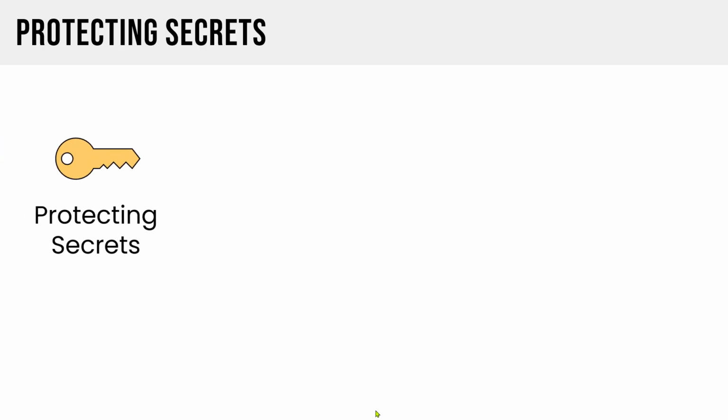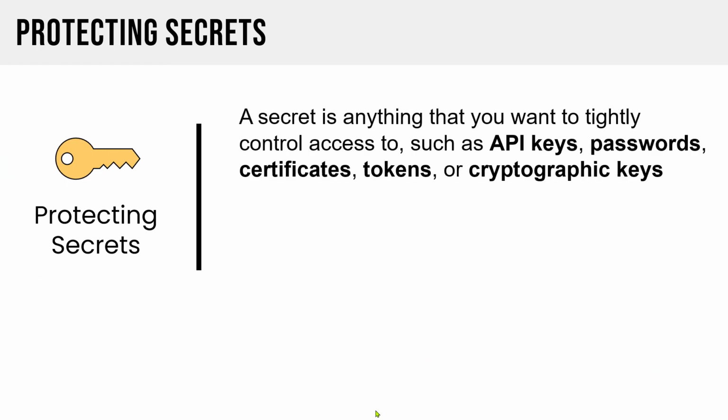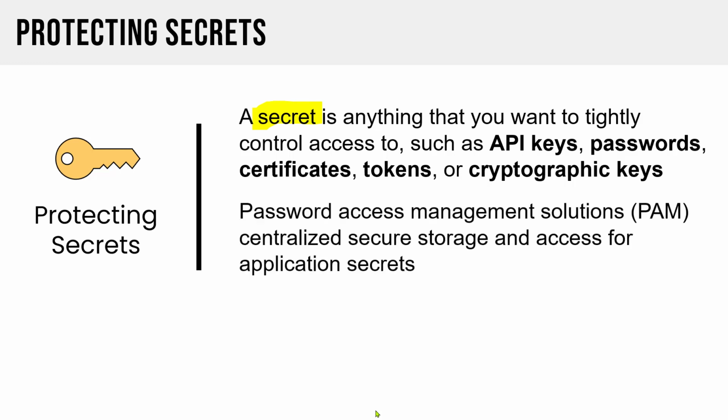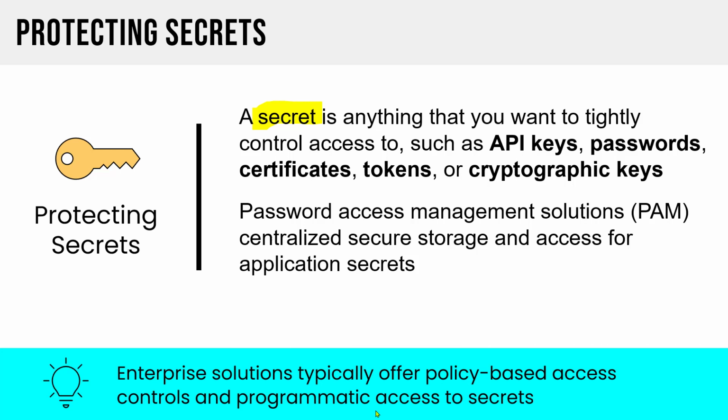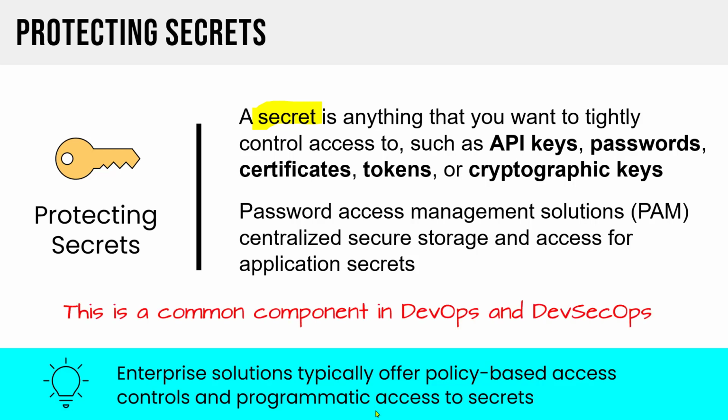It's pretty common that you'll be faced with protecting secrets as well. So a secret is anything that you want to tightly control access to, like API keys, passwords, certificates, tokens, or cryptographic keys. Now, privileged access management solutions, or PAM solutions, offer centralized secure storage and access for application secrets. And enterprise solutions typically offer policy-based access controls and programmatic access to secrets, such as through an API. This is going to be a really common component in